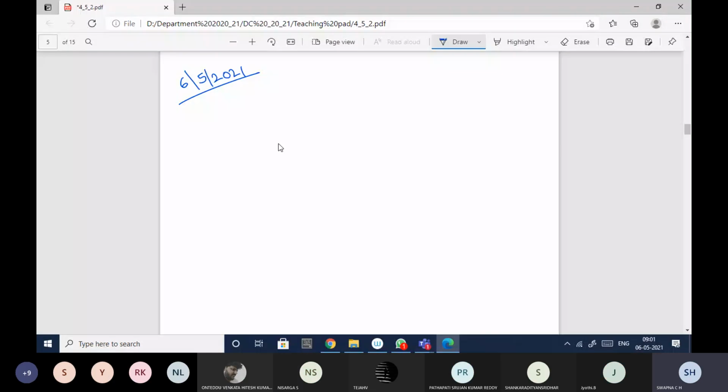Actual topic which we need to deal with, we'll just recall: if s(t) is the bandpass signal, then how to represent its complex envelope, how to represent its pre-envelope, that we'll see. s plus of t is nothing but the pre-envelope. Generally, the pre-envelope will be denoted as s(t) plus j ŝ(t).